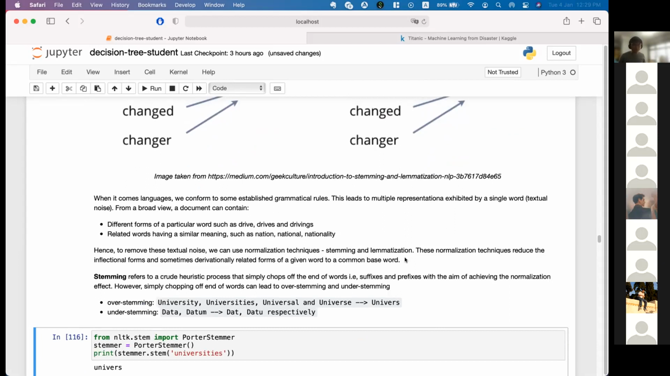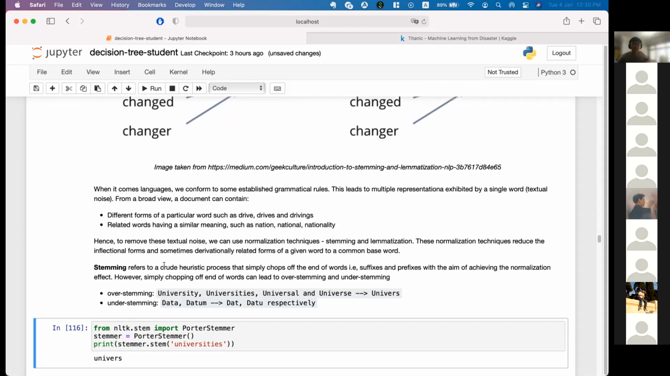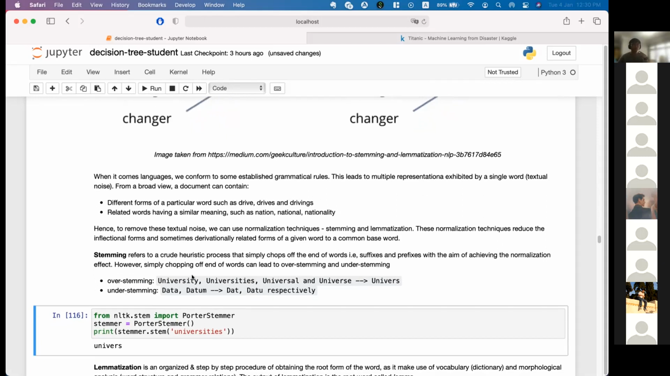stemming and lemmatization. The idea here using stemming is we simply chop off the end of the words, which is like the suffix or prefix, with the aim of achieving a normalization effect. However, if you simply chop off the end of the word, you can have two effects, overstemming and understemming. Overstemming means that if you use like